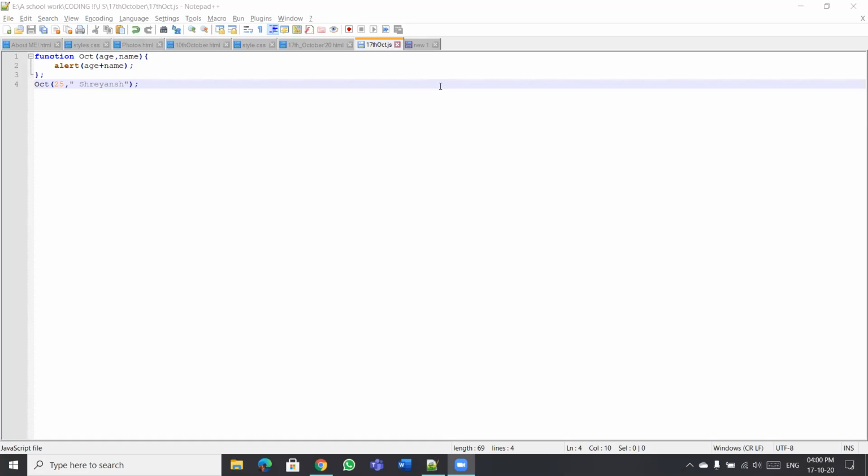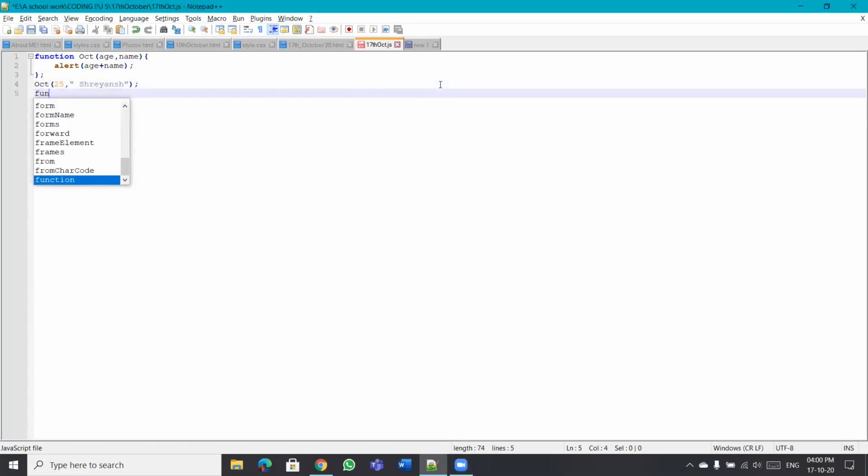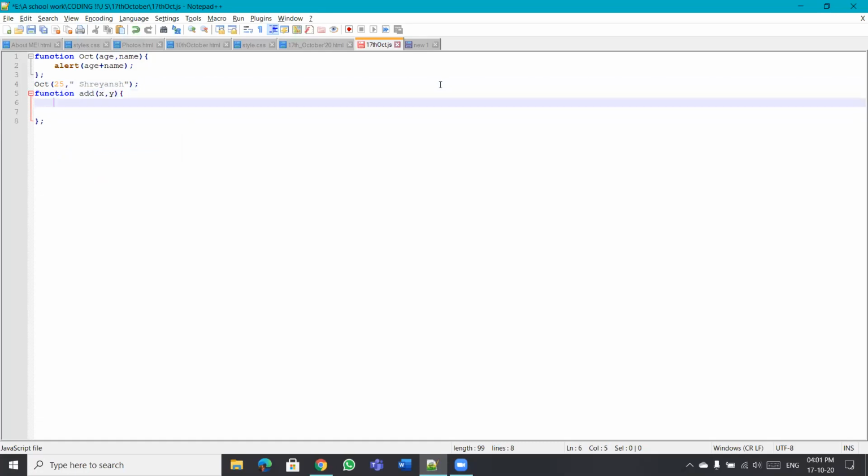Let's hit enter and say function add, and in the bracket say X, Y. That function will accept two values, X, Y. Then click enter, enter. Then we'll say var sum equal X plus Y.